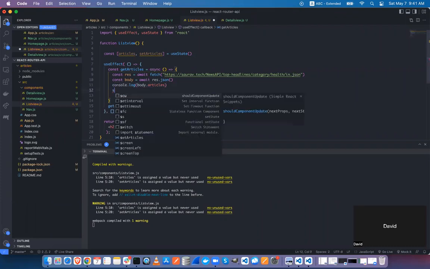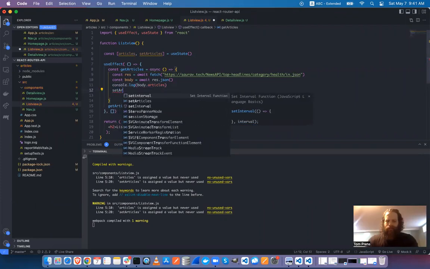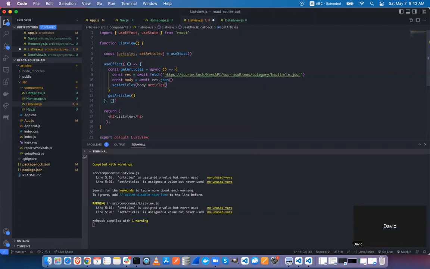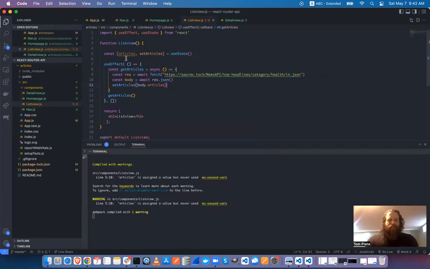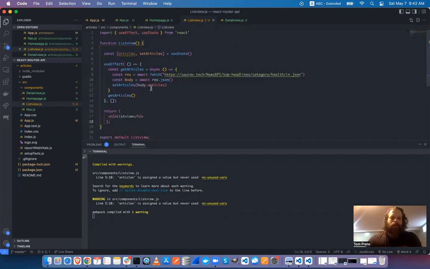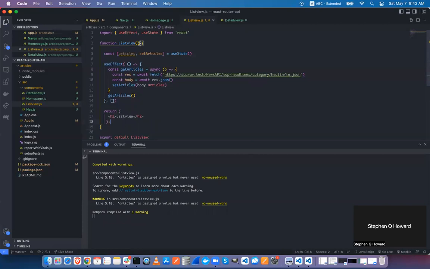So set articles, and we'll do body.articles. Okay, and we change articles. Now we want them to be displayed here. We could just stringify the JSON and display it, but that would not be a very popular site. So what we're going to do is, with this initial list view,